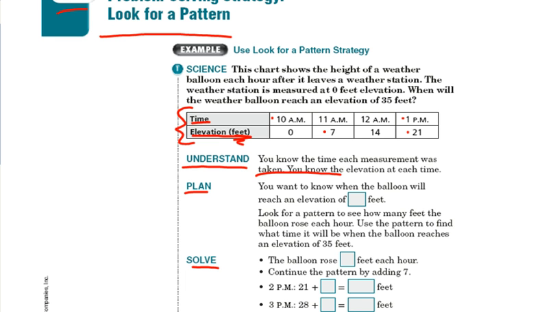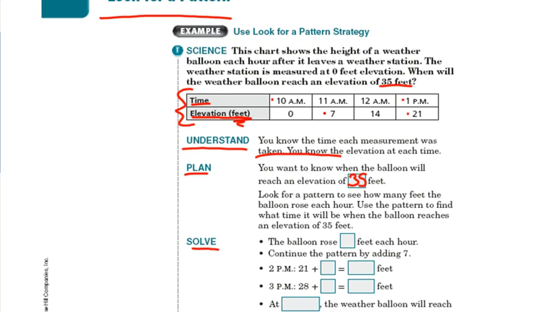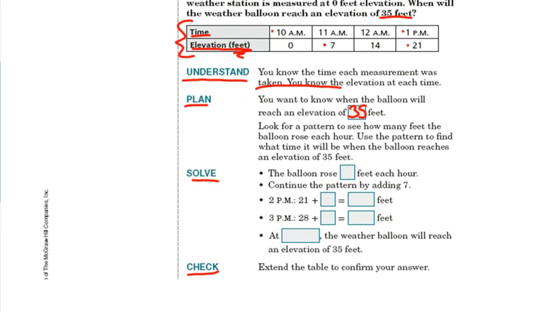So plan, you want to know when the balloon will reach an elevation of how many feet? 35 feet, and we get that straight from the problem. You look for a pattern to see how many feet the balloon rose each hour. Use the pattern to find out what time it will be when the balloon reaches an elevation of 35 feet. So, if you look at our chart here,